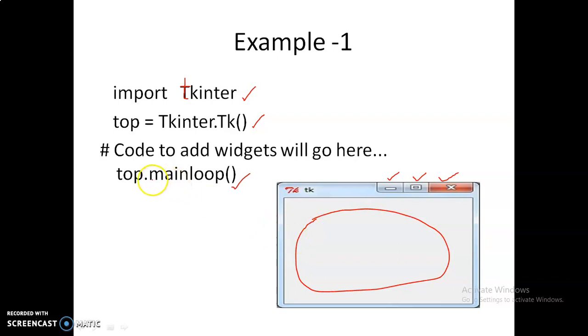Whenever you are adding controls, we create this window, then we add all the required controls, and then at the end we start it. Once after adding all the controls, we call this method to start the window and to display all the controls.